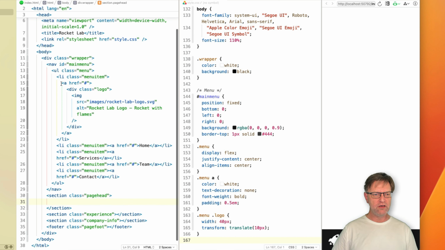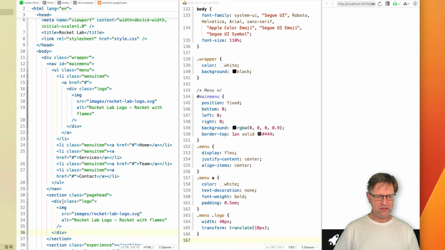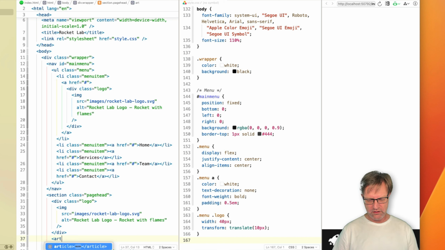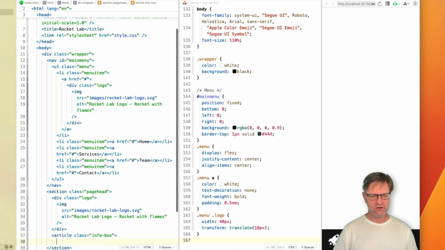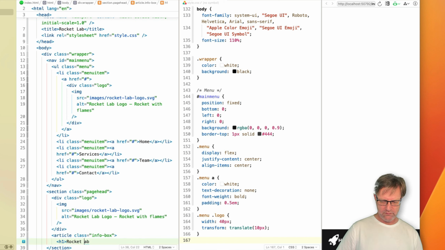We already had the logo up here, so I'm going to copy this one and I'm going to paste it here. And then I'm going to add this as an article, and I'm going to set a class of info box, and then I can start to add the info into this one. The first one we should have was an H1, Rocket Lab, maybe capital L,